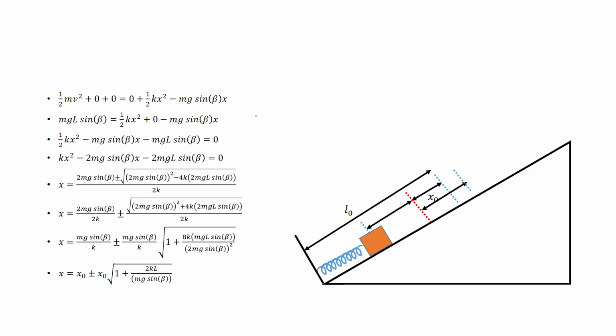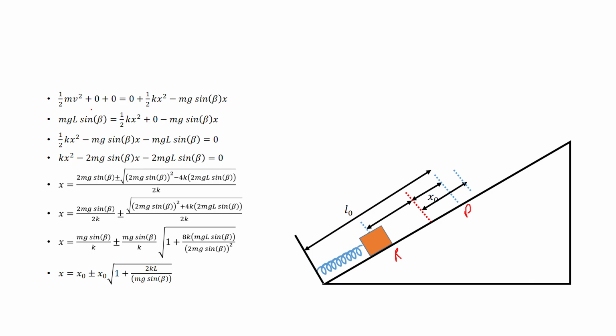So if we write the equation, if we take the conservation of energy equation, and suppose this is our position P and this is our position R, and if we write conservation of total or mechanical energy, because there are no non-conservative forces present here, we can write it as